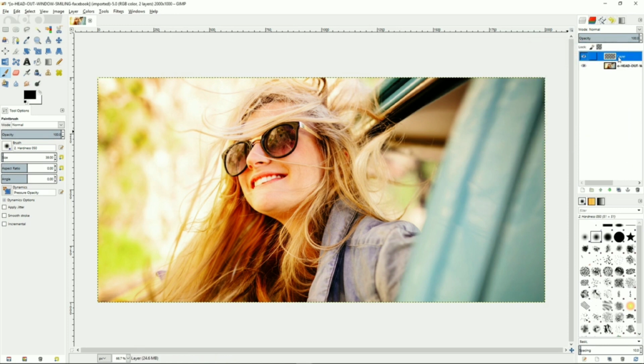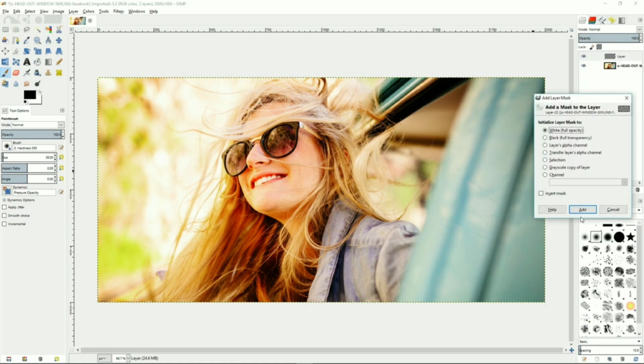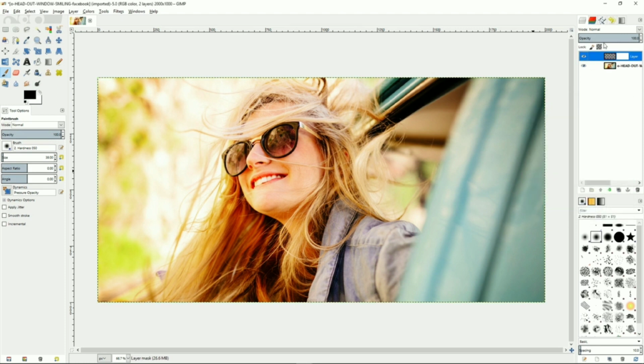And from there, we'll also create a layer mask. So go ahead and add a layer mask to this layer. Make sure that it's set to white so it's full opacity. And you want to change this layer's mode to saturation. And by changing this layer's mode to saturation, you'll be able to change the opacity on the saturation on the